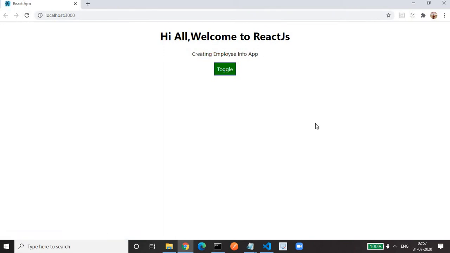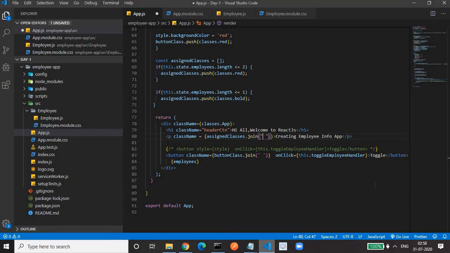Now what I want is, this button is initially in green color. On click I need to change that to red color. Earlier we have seen how we can apply the style dynamically. Now we will see how we can apply the class dynamically to this button.